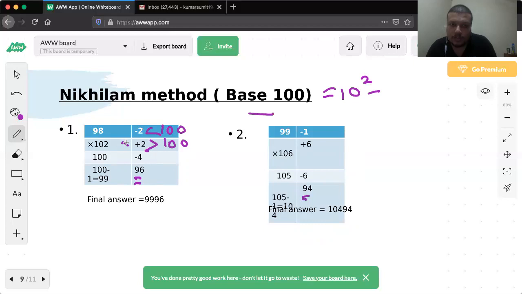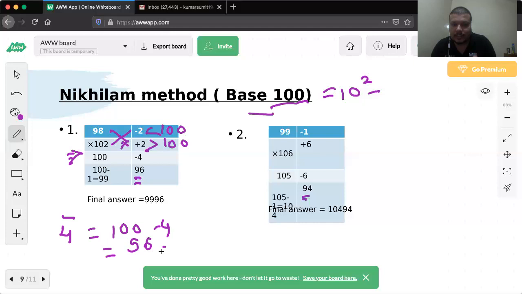Now let's see. Minus 2 into plus 2 is minus 4. On the LHS, what do we have, guys? 98 plus 2 is 100, and 102 minus 2 is 100. So now we have 100 on the LHS, minus 4 on the RHS. Here you cannot do 10 minus 4 equal to 6. Why? Because here the vinculum, or the base, is 100, guys. So if you have to do the complement of 4, you have to calculate it with the base of 100. So here the complement of 4 is 100 minus 4, equal to 96.